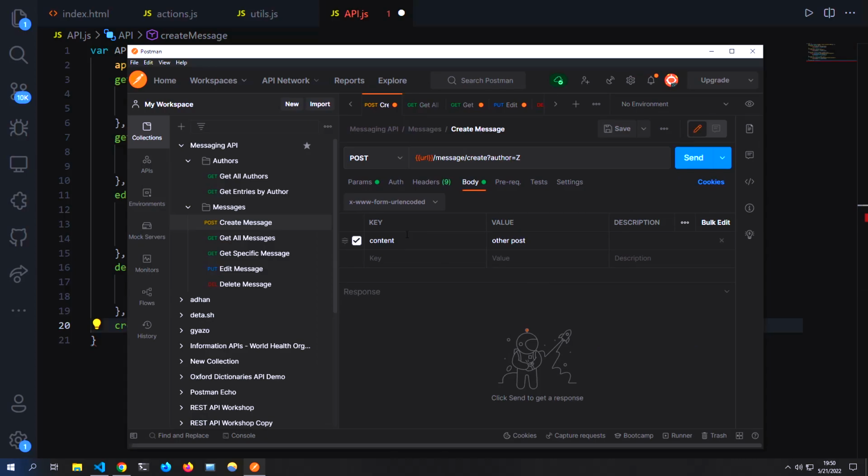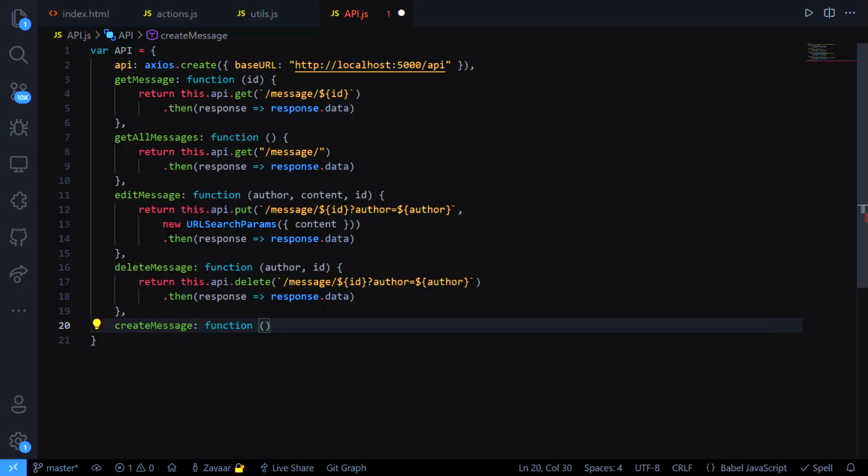Yeah, so we need a body with content as a key, and then the values whatever you want. We need the author name, and that comes in query parameters, and that's pretty much it. We just need two things. So it'll be author and content,